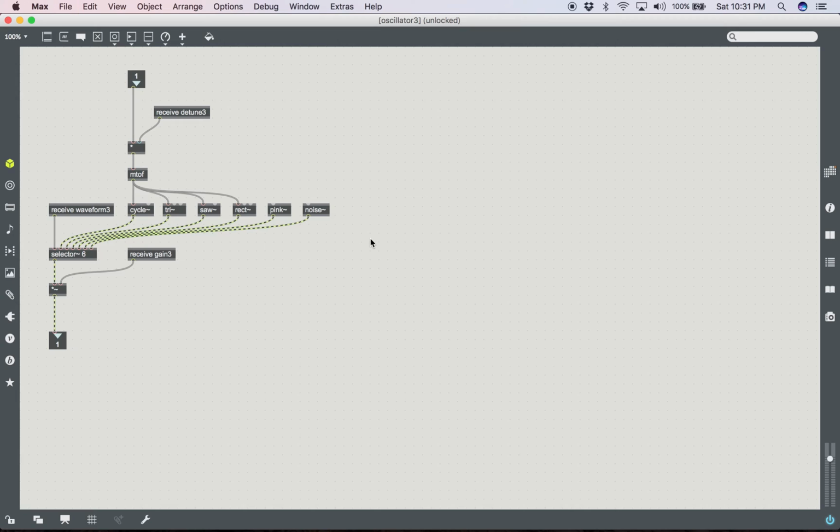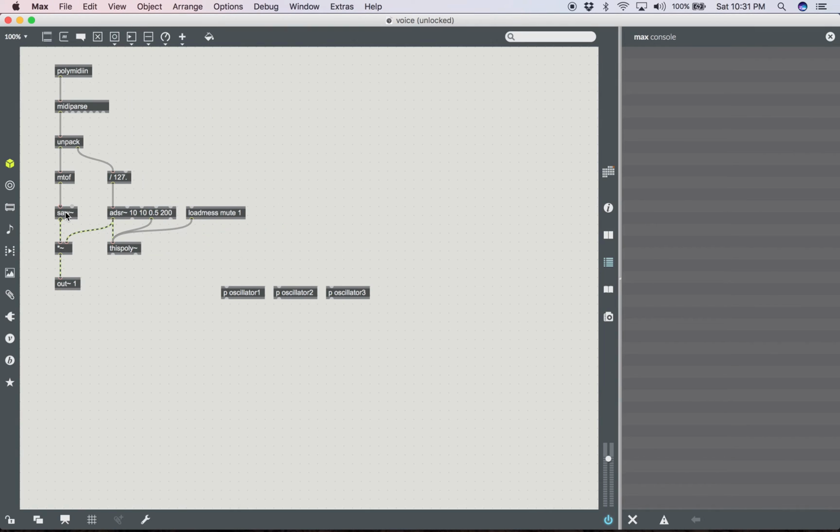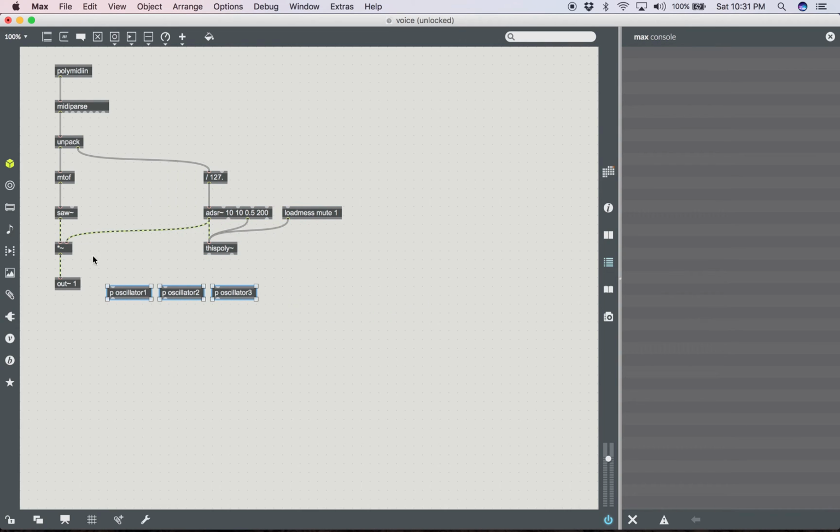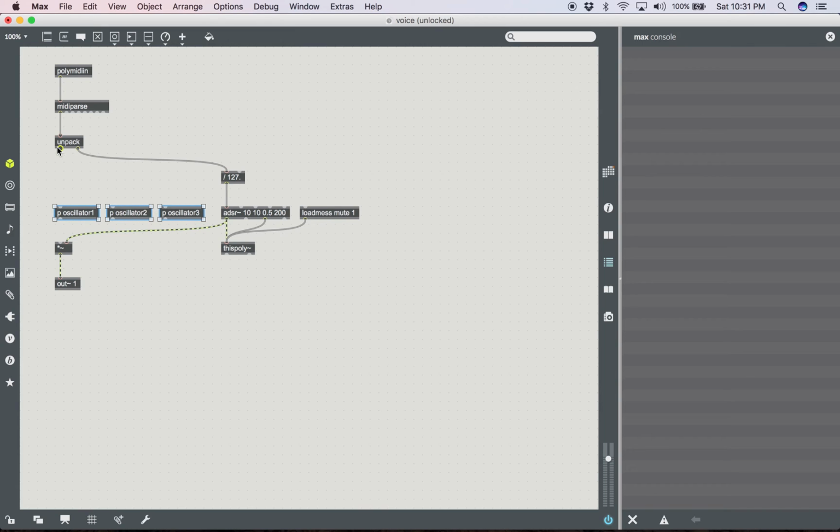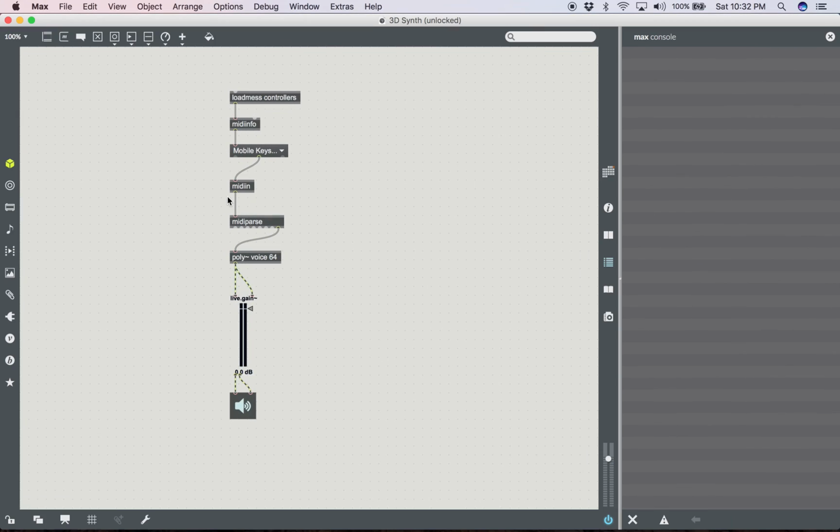Okay, cool. So instead of this sawtooth and MIDI to frequency, we're going to actually use these. We can now delete this, and move these 3 in here. Let me just make a little more room. Now we're going to send the frequency to all these oscillators, and then put them all in here. By sending several chords to the same inlet, we're in effect summing them all together and then multiplying by this envelope thingy. Now let's save this, and move on to our main program and implement all of those